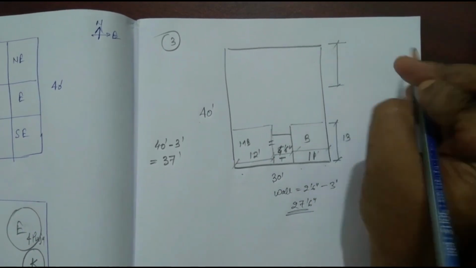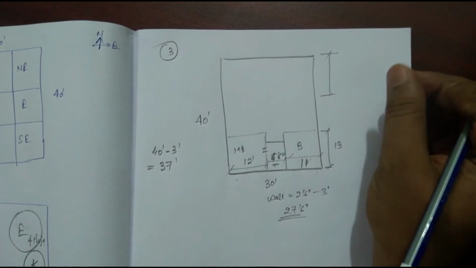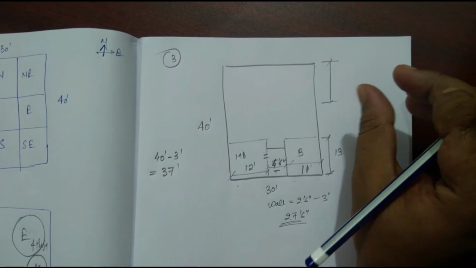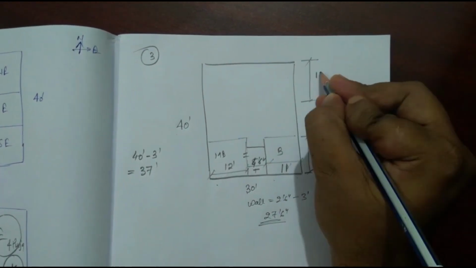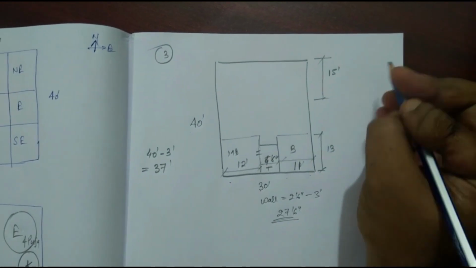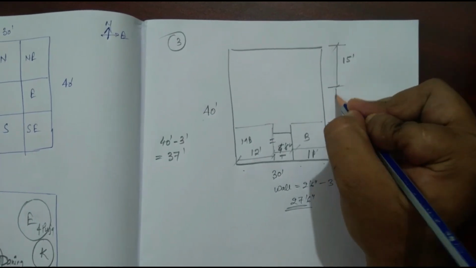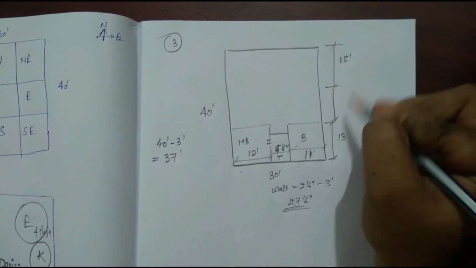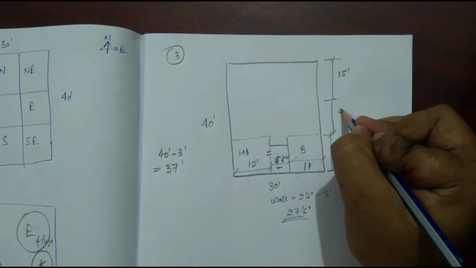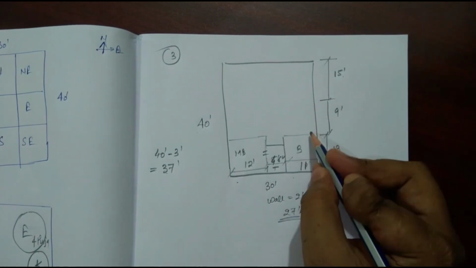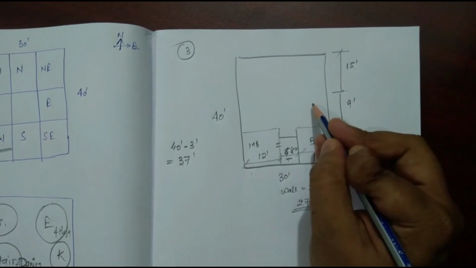Let us first give parking here, as we had provided the entrance here. The parking space for one sedan vehicle, like Swift, Alto and various other vehicles, is 13 feet. So we can provide 15 feet of space here for the parking. A 15 feet length is sufficient for parking a 13 feet sedan. Now the space remaining, let us calculate 37 minus 15 minus 13, which is 9 feet. This 9 feet of space we can utilize inside the room.